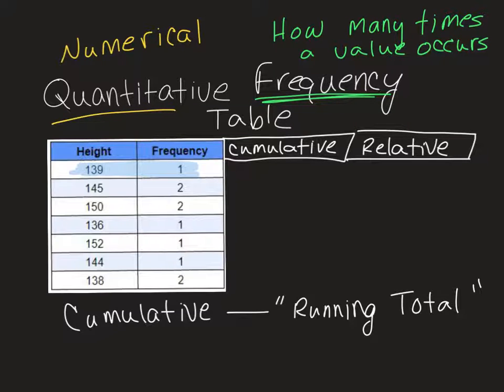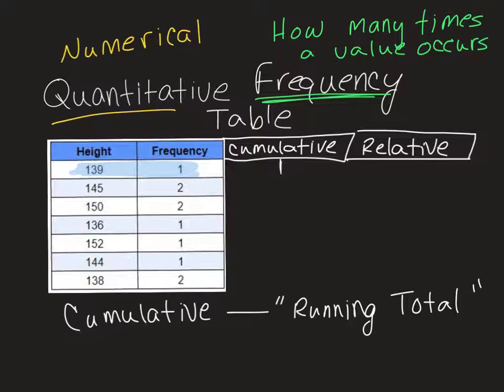We fill in a table from the top to the bottom. Typically, I don't want to say always, but in most cases we do. So far, we have only dealt with this first row in the table. So that means that the cumulative frequency so far is just 1